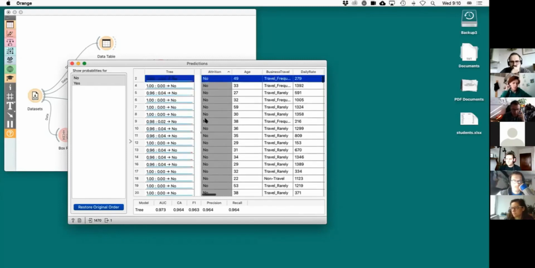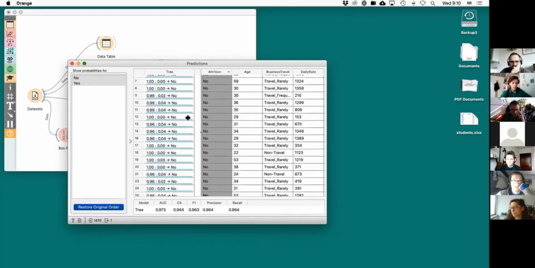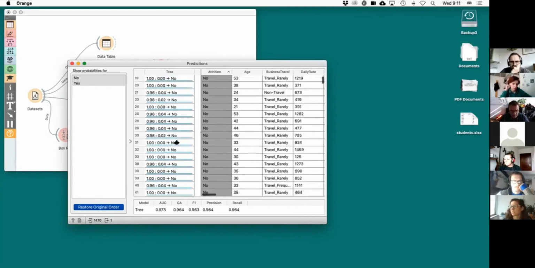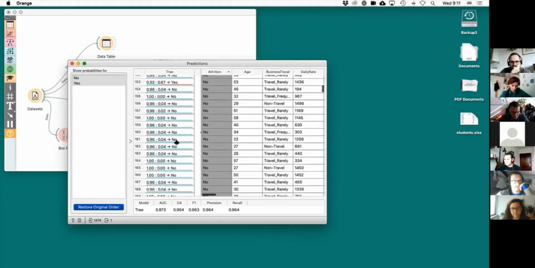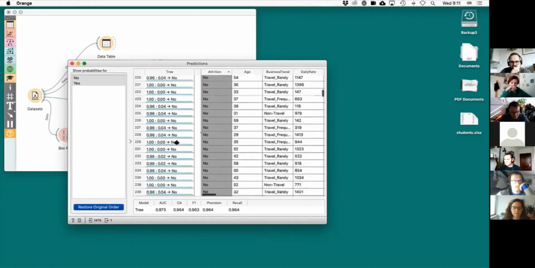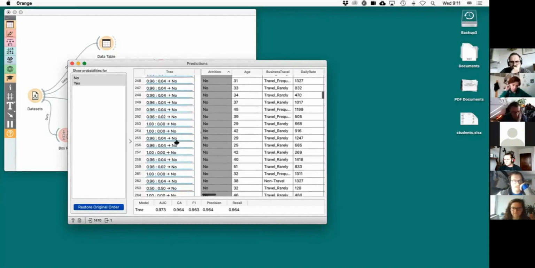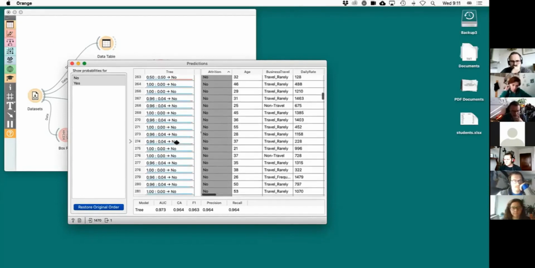Yeah. So you can also see that the trees predict probabilities as well, because sometimes the final leaf is not clean, and then some of the instances go into one class and some of the instances go to the other class. So this is where you have this prediction, which is sort of probabilistic, right? It's not 100% no or 100% yes. And then there should be some errors, but I'm not detecting a lot of them, almost no error here. Wow, so that should be kind of excellent in terms of prediction, right?